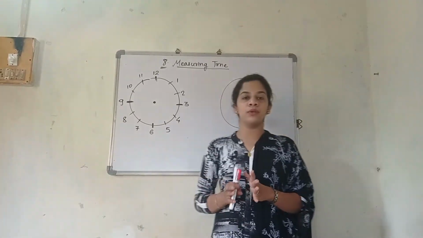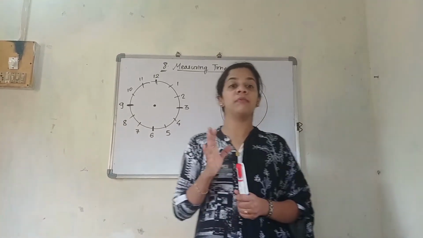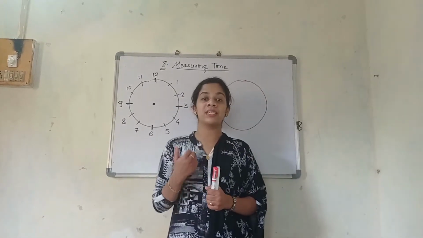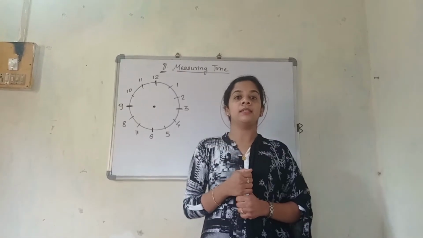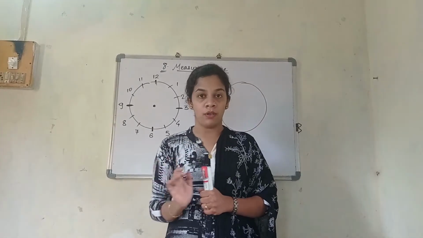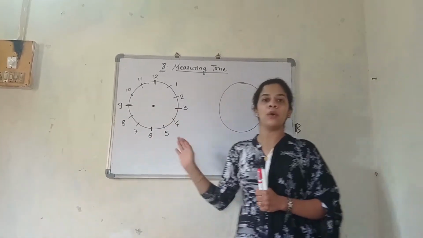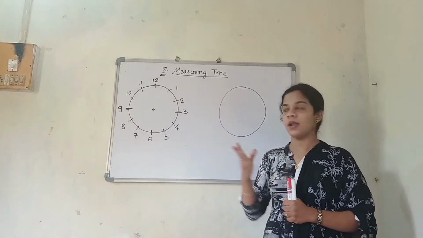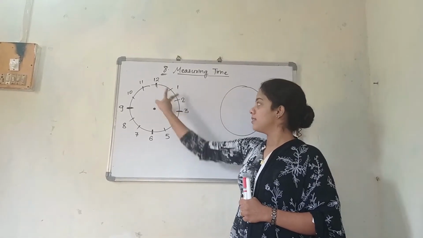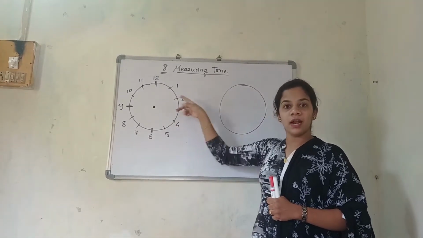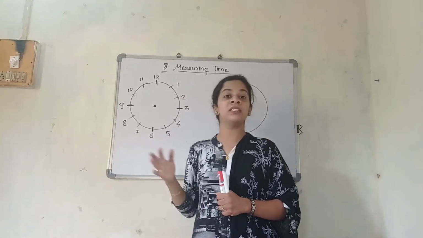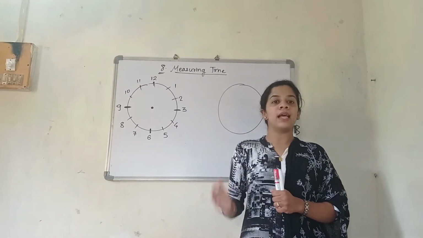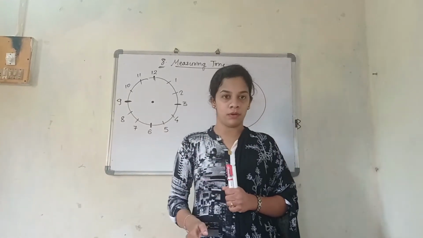So what are we first going to do? First we are going to understand what is meant by a clock actually. A clock is an instrument, or a device, which tells us the time. It tells us what the time actually is. Basically, if you watch the clock properly, it is divided into 12 parts. Why 12? You can clearly see each section is given. There are 12 such sections, that's why it is divided into 12 equal parts. Those parts tell us what the time is.